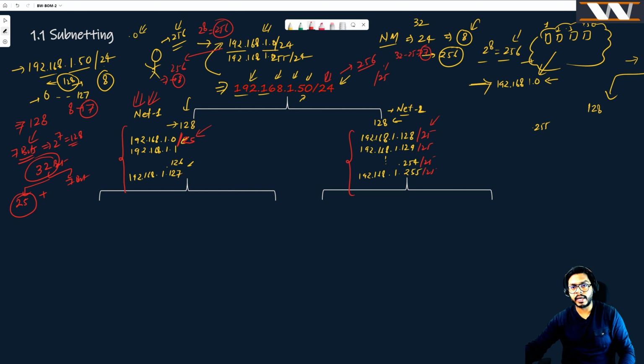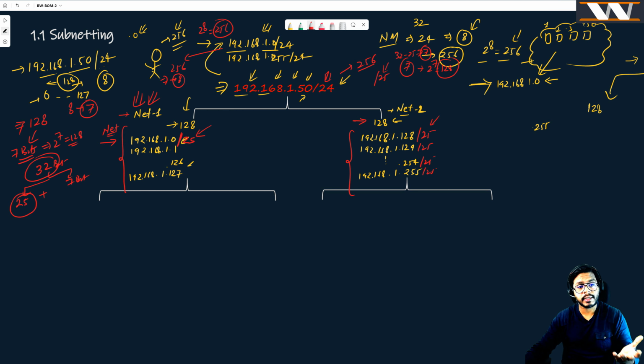If you have 25, what is the meaning of this 25, right? And if there are 7 bits for the host portion, it means that you have 2 to the power 7, which is equal to 128 hosts in this network. Similarly, we have 128 hosts in this network. And as you all know, the first IP address is going to be your network number. So what is the network number of network 1 of 128 hosts? It is going to be